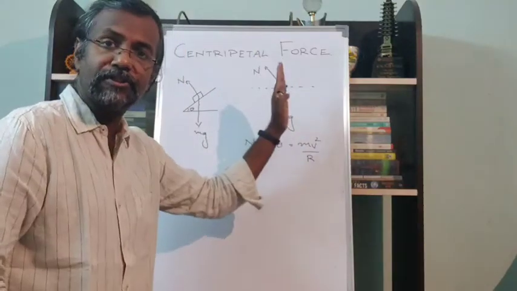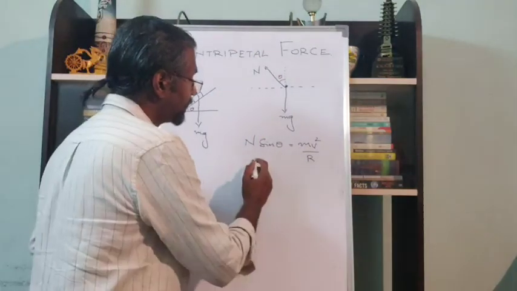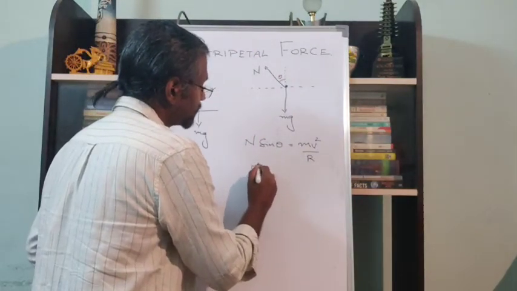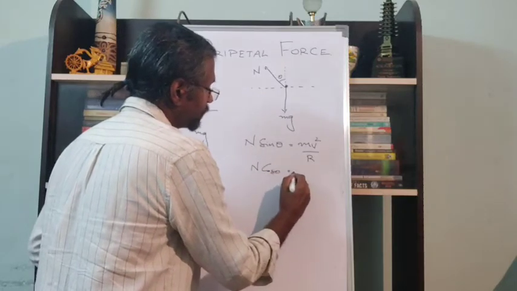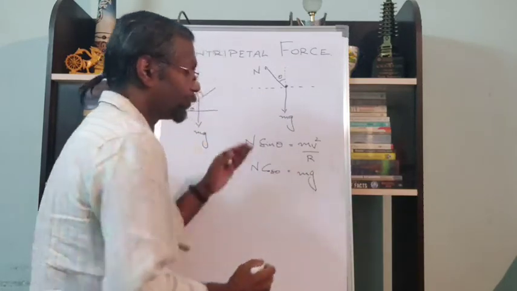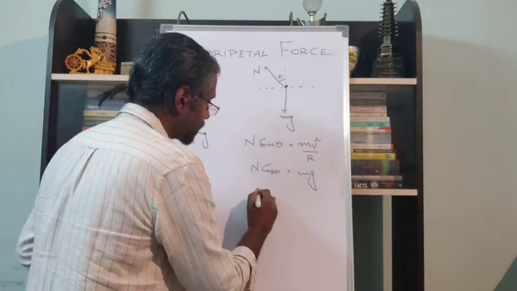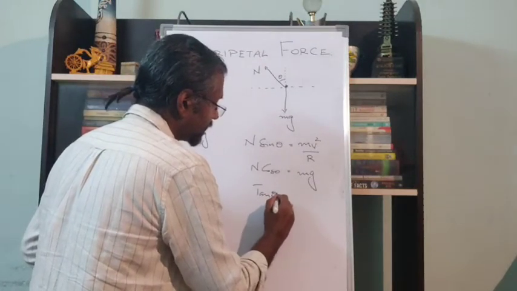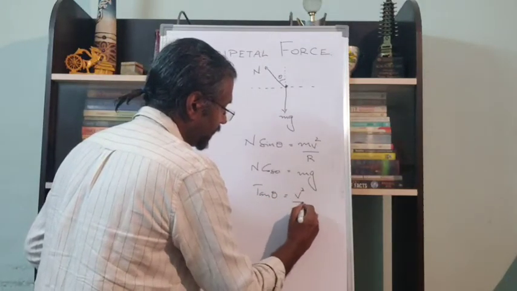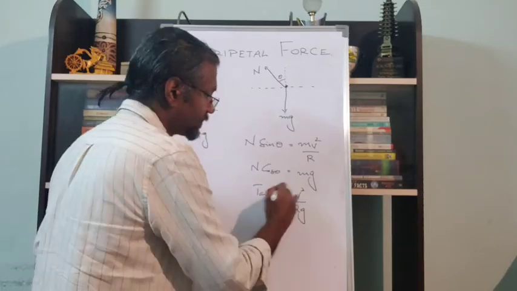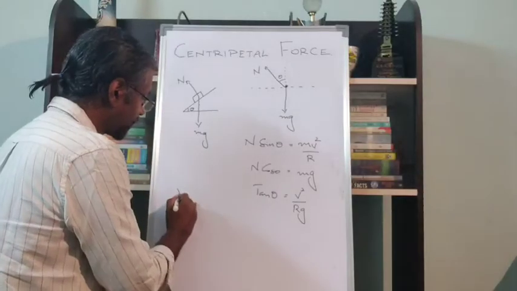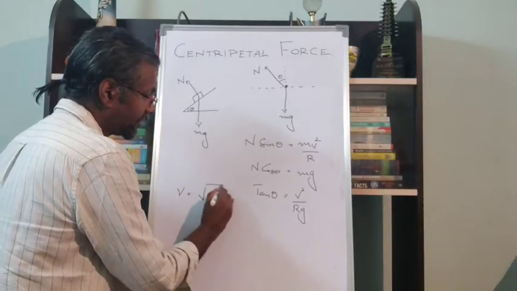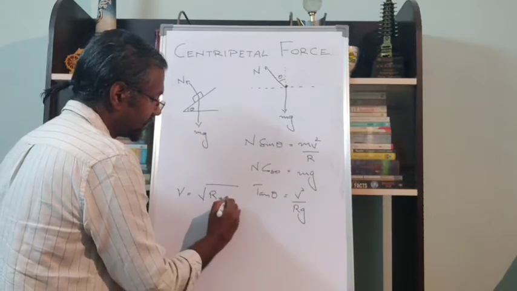There is no acceleration in the vertical direction, therefore we know that N cos theta has to be equal to mg. We divide the first equation by the second equation, and we get tan theta equal to v squared by rg, and I solve for v and I get v equal to root of rg tan theta,